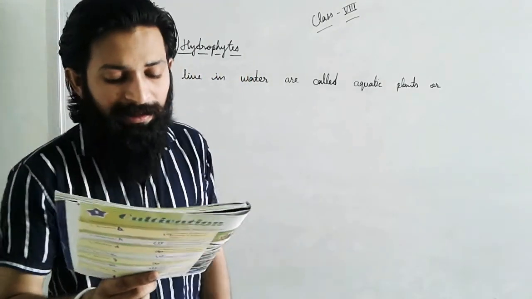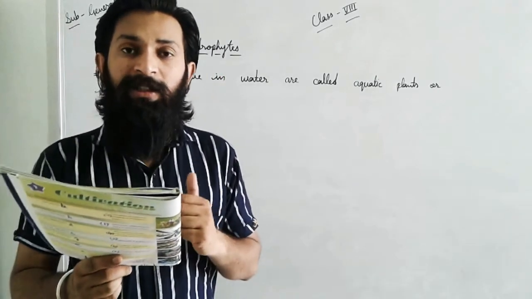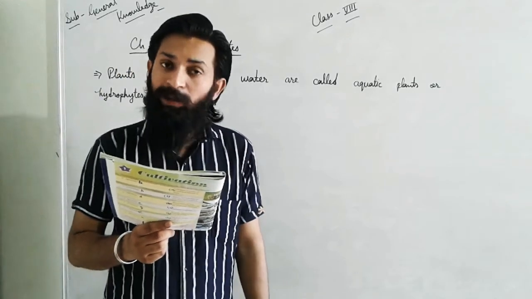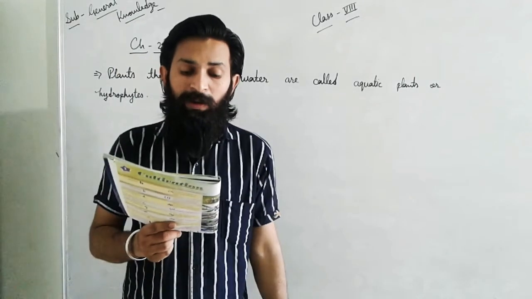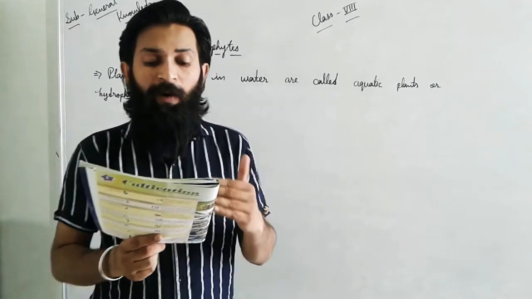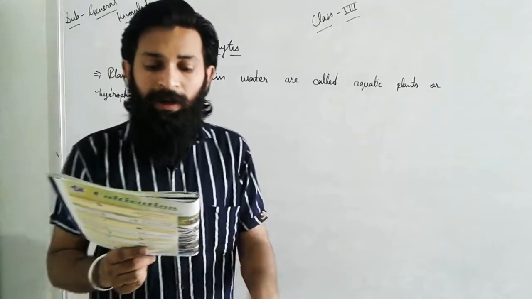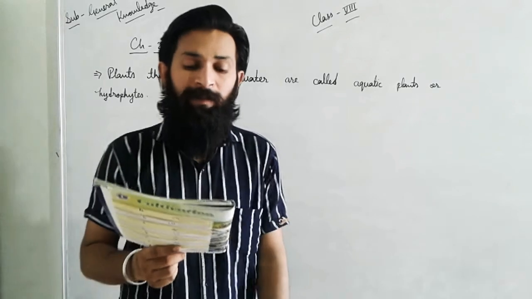Then the correct answer is lettuce. Lettuce is a floating plant. It has fibrous roots also. Its roots float below the surface of water, and it performs photosynthesis with the help of sunlight and carbon dioxide in the water. And chlorophyll is present in the upper portion of the leaves.